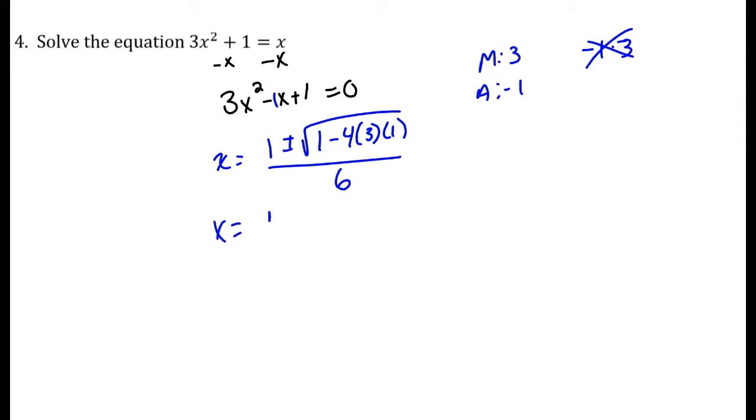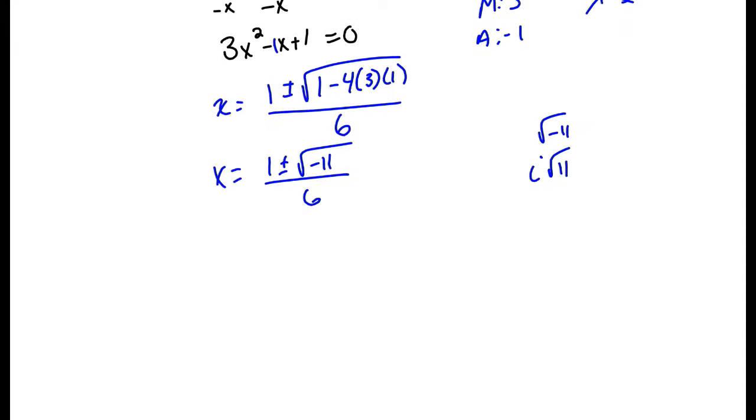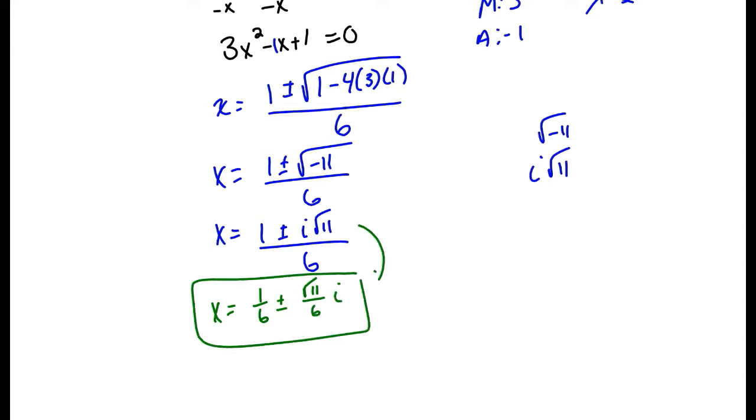So we have x equals 1 plus or minus the square root of 1 minus 12 is negative 11 all over 6. Well, when you see the square root of negative 11, the first thing you better be doing is taking out an i and saying I got x equals 1 plus or minus i radical 11, can't split up 11, over 6. If you wanted these in true a plus bi form, you would say 1/6 plus or minus radical 11 over 6i. Really, either one of these two are okay, though. That's how we use